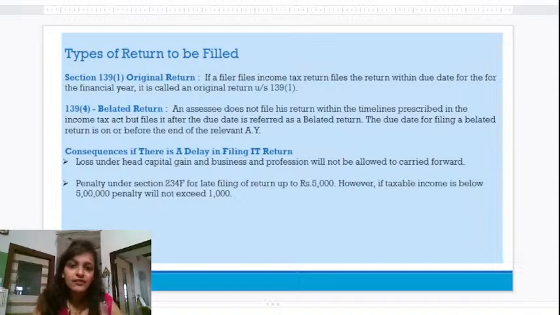First, every person whose total income exceeds the exemption limit is liable to furnish an income tax return within the due dates. Second, any private or public company, domestic or foreign, located or doing business in India.